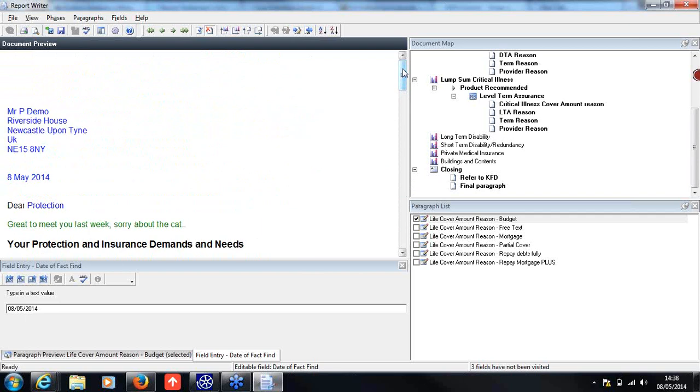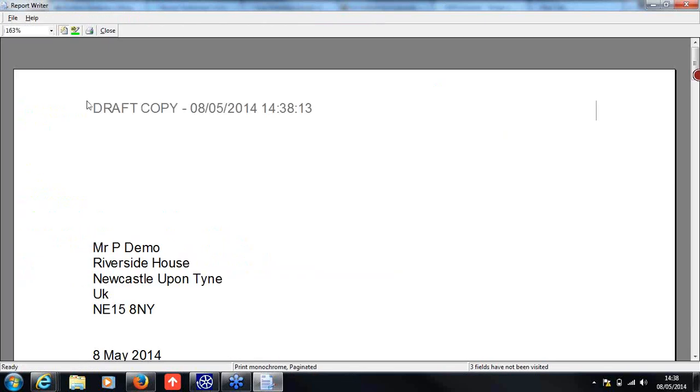A way to check as well if everything is complete is if you click on the small print preview icon in the top left hand corner here, just beside the print button. If you click on this now, you'll see that you will receive a draft copy written across the top of the page. Okay, so that's the way to establish whether the letter's been complete or not. Once it has been completed, you'll no longer receive the draft copy across the top. So just to close out of this,